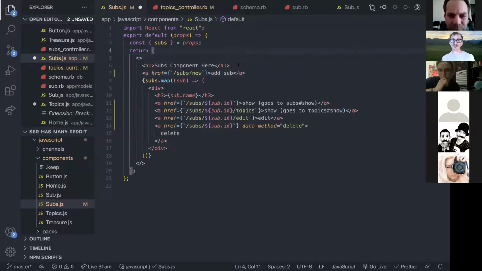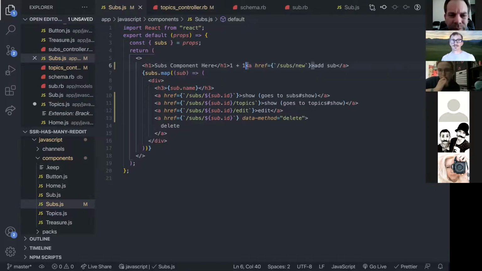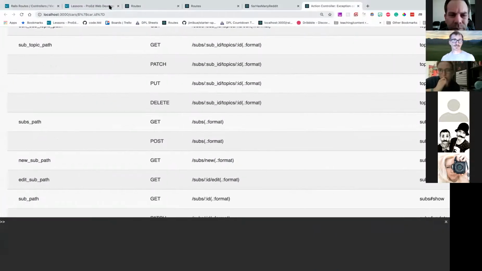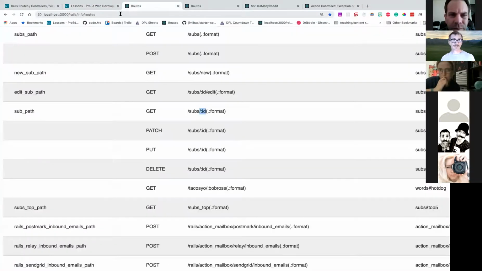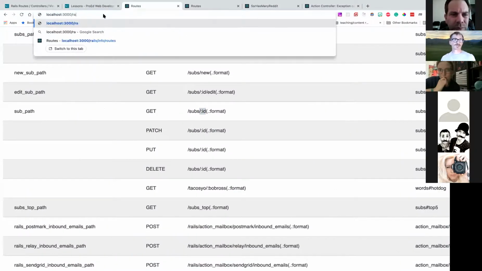By what I mean, if I want to do JavaScript, like say I want to do 1+1. Now, if I run this, let's just do this here. If I go to this page, what page is this? That's my subs. So if I go to localhost 3000,